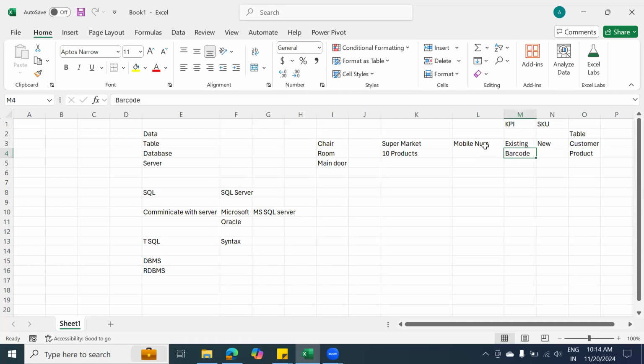Then I'll come here. The moment you add all these products to a customer account, they should be deducted from your inventory. Because in a warehouse, you will be maintaining a lot of inventory. For example, let's say Amazon. Amazon maintains the same product in multiple quantities. That's the reason we deduct the items from the inventory table, so that the data gets updated.